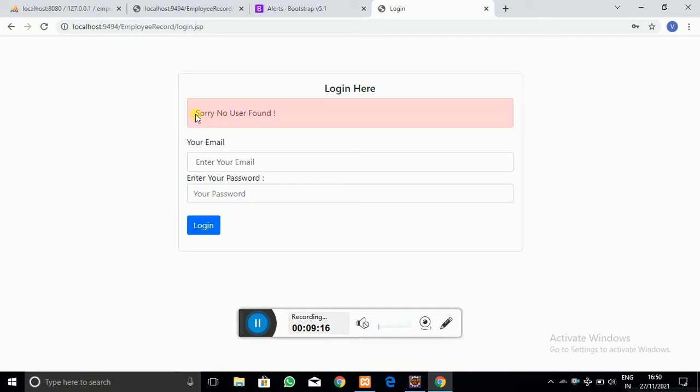Here you can see that it says no user found, and a beautiful Bootstrap alert box that we have configured here, as you can see. Now